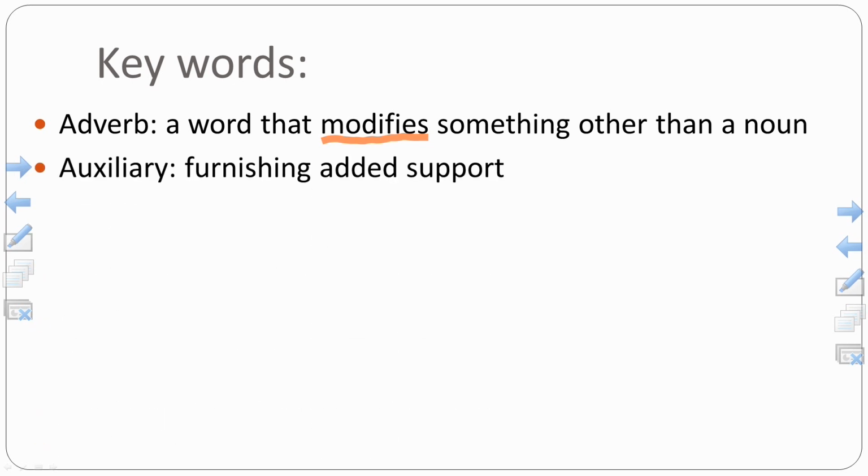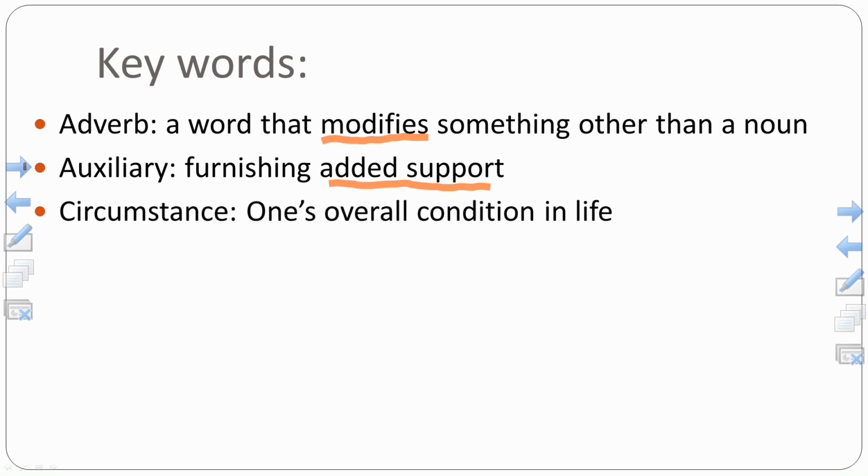Auxiliary. We must be aware that auxiliary means something added for support, like furnishing, or you can say extra support. Then we have circumstance. Circumstance means one's overall condition, the situation. Then